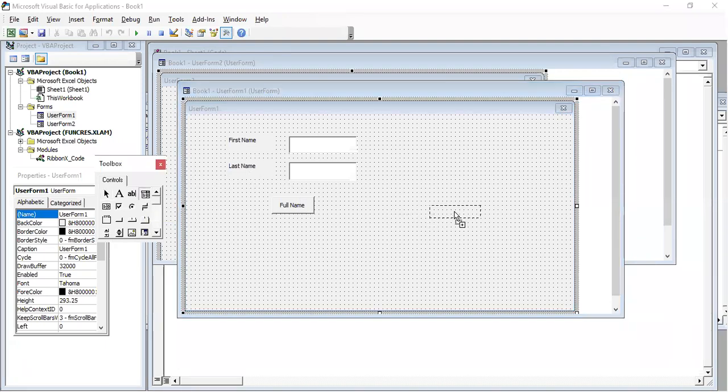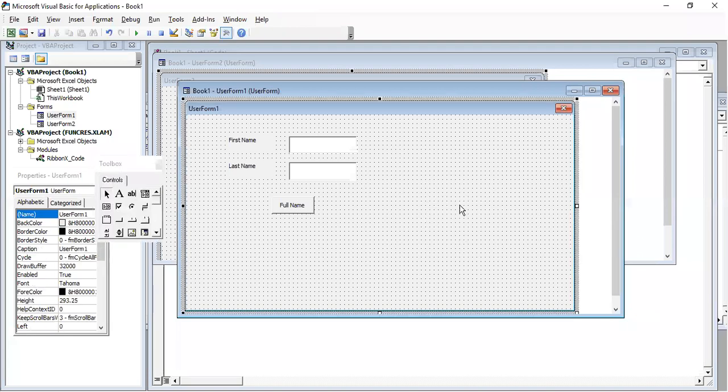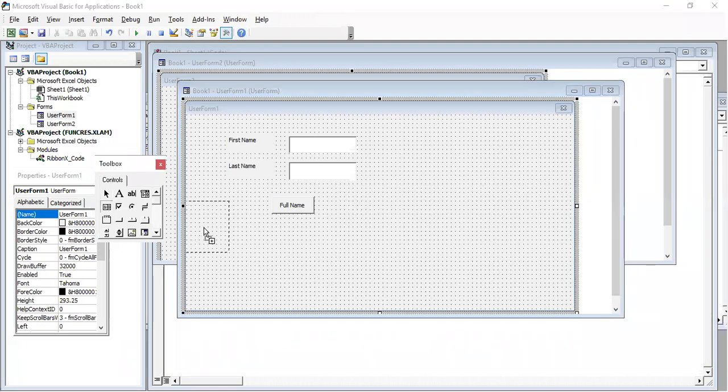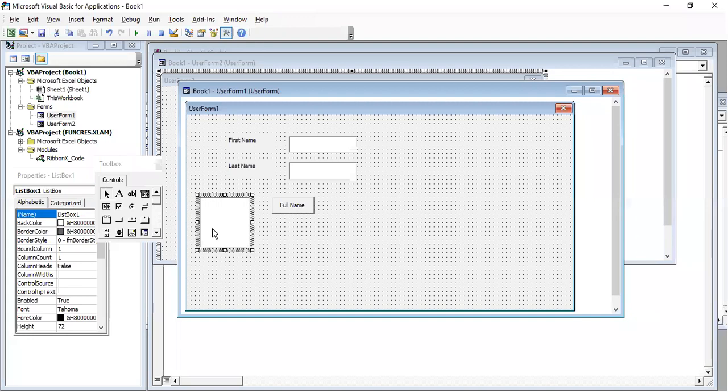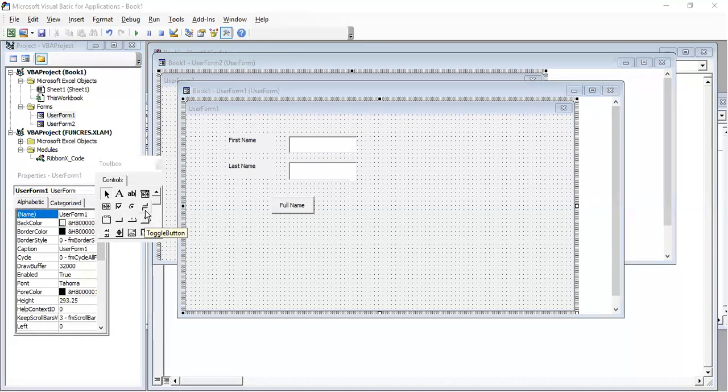So this is a combo box, like the drop down box. So then, this is a text area. Anywhere you want, we can create it. These are the check boxes. This is a radio button. So we have a toggle button, like when you click once, it will be selected. Again when you click, it will be deactivated, like an on off kind of thing.